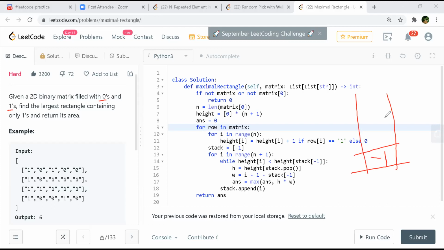When you come to line number 14, and you say height of i is less than height of stack -1, which is the top. If it is empty, it is -1, right? Because you always have -1 as the first element. So when you are comparing the value, what stack -1 is returning is -1.